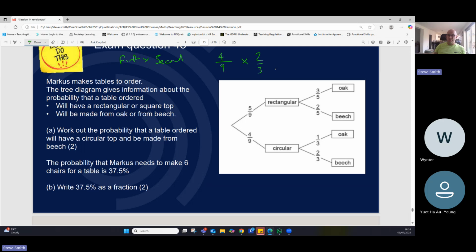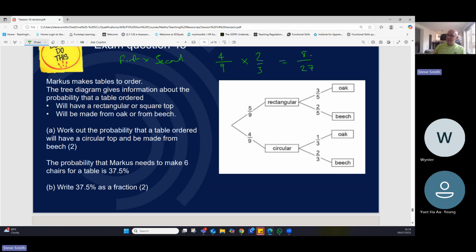When we're timesing fractions, it's really easy. There's no work to be done whatsoever. We literally look at that fraction and we go along the top. So we've got a 4 times 2, an 8, and 9 times 3, 27. Okay, so when we're timesing fractions, we don't do anything with flipping or changing the denominator. No need. Just literally times it as you see it, and that is all you do when you're multiplying fractions